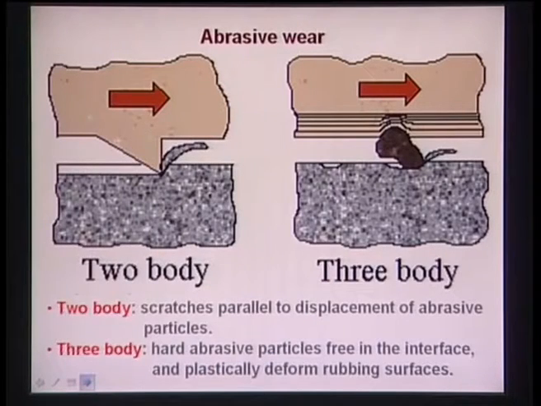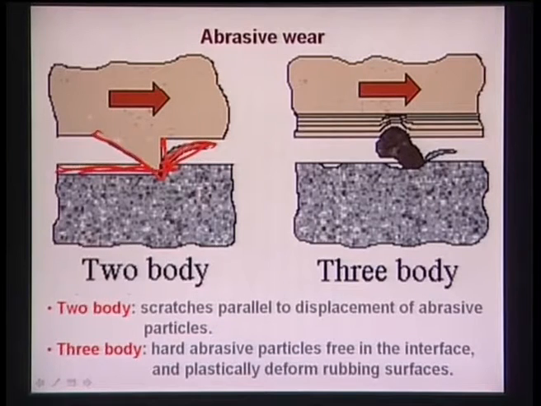Now, abrasive wear means you have sharp asperities, and these sharp asperities abrade the material. Many times people also describe abrasive wear as a ploughing mechanism. Ploughing, if you remember, is what farmers do to the ground: they dig the mud, and that helps in agriculture. Similarly, in abrasive wear, a conical asperity, as you can notice here, abrades away the material and forms chips. These chips are also formed during the machining of materials.